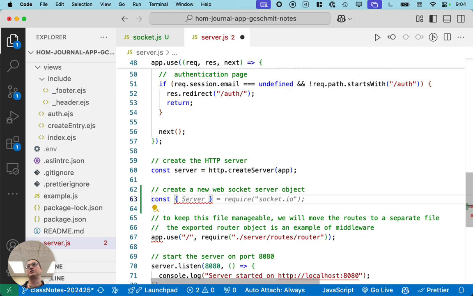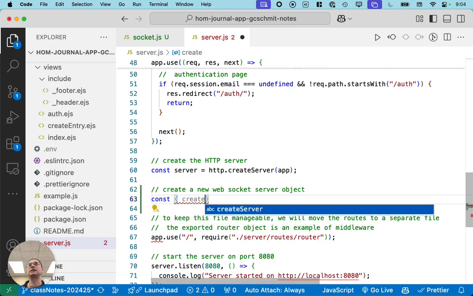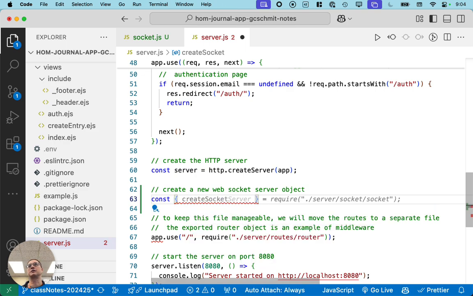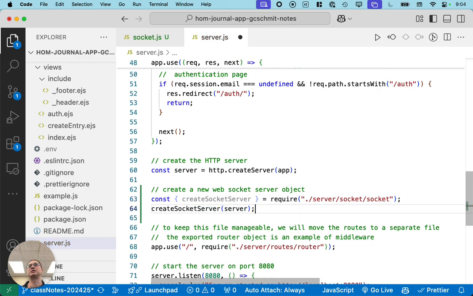So we're going to import the create socket server function from server socket. That looks right. And then we're simply going to call create socket server, passing as the argument the reference to the HTTP server